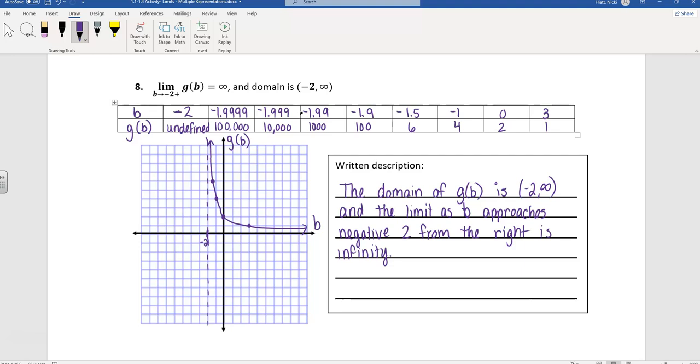Very similar to the warm-up, but we're throwing in a table now too, in a written description. So if everybody will